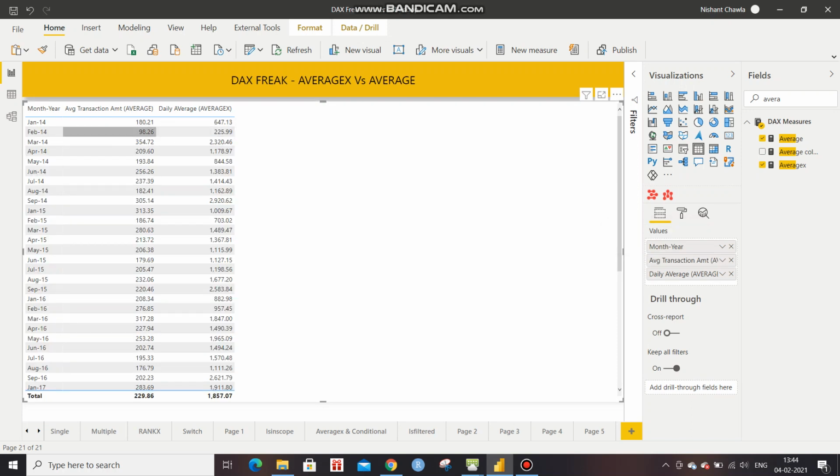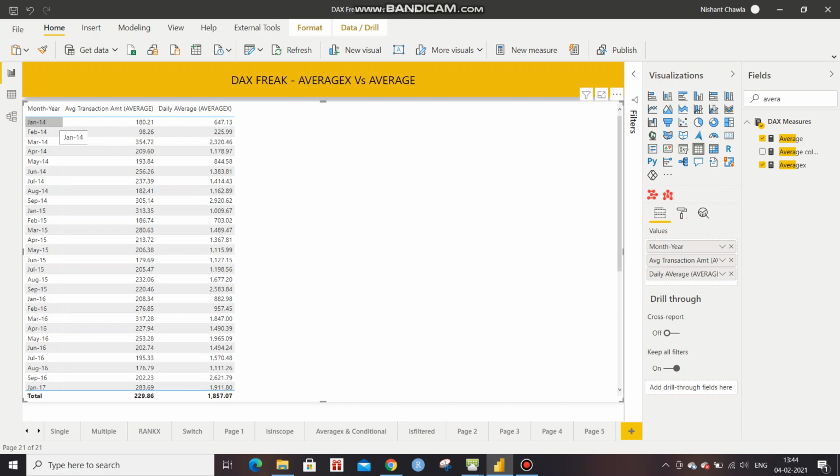Now what is the difference between these two? Suppose in Jan 14 I have 30 unique dates. Obviously we have in a month either 30 or 31. If I want to compute the daily average, I will divide my total sales by the number of dates we have in a month, right?